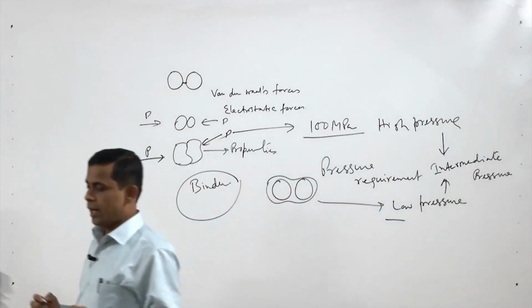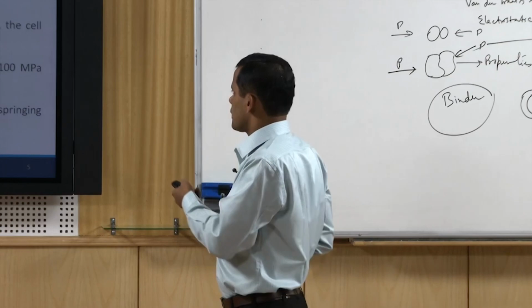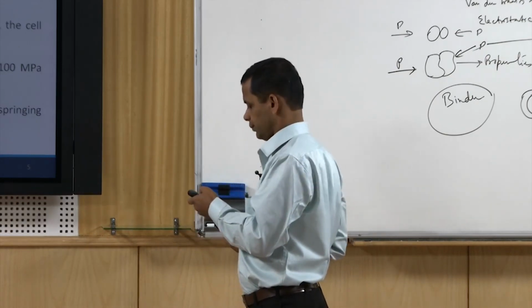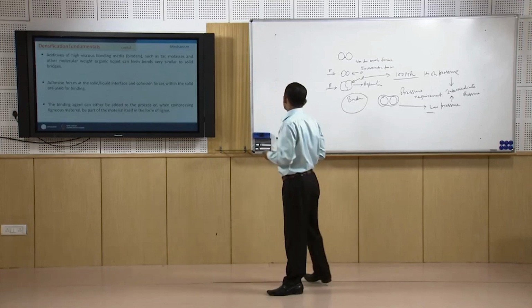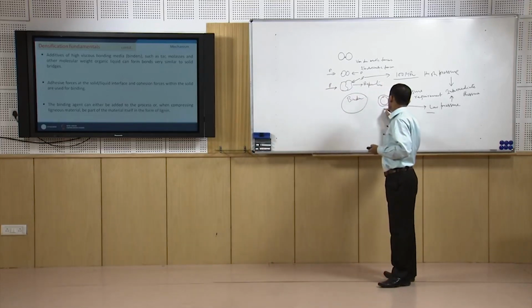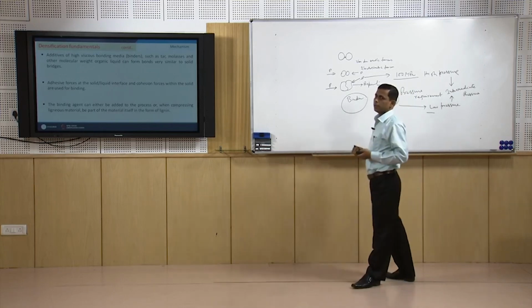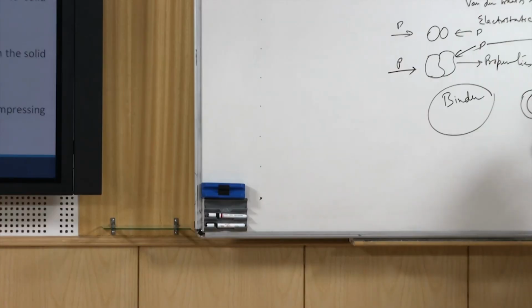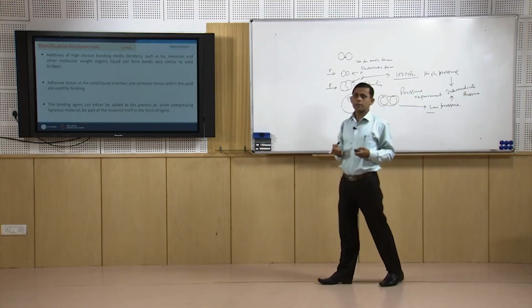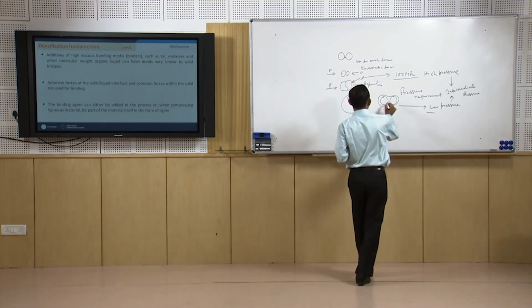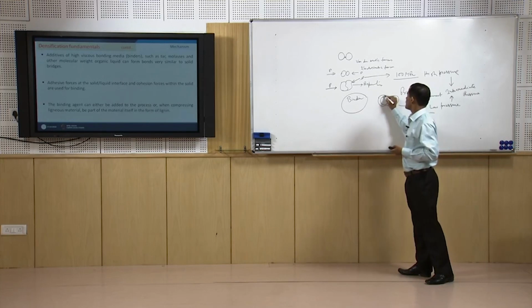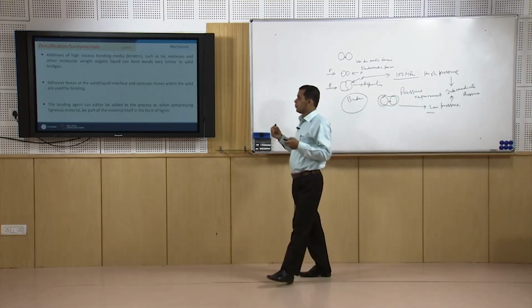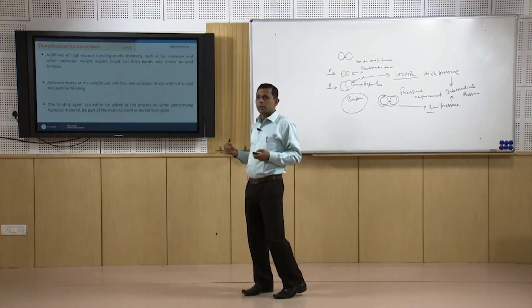Conditions. So, this is the mechanism through which the briquette is formed. Now, let us see some information here. Some additives which are added here may be organic or inorganic in nature, like tar, molasses and other higher molecular weight organic compounds. These additives bind the particles by cohesion and adhesion. So, cohesive forces among these solid particles and adhesive forces between solid and liquid particles. So, they bind the particles of the materials,